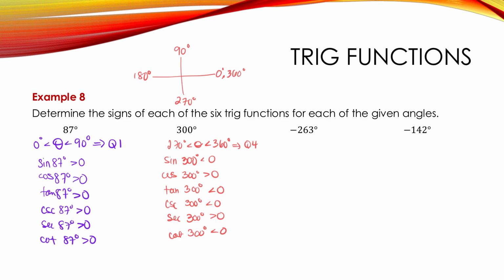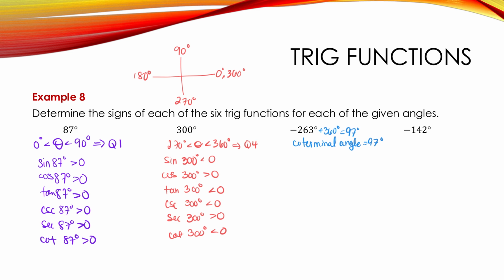But what if I split them up for you, and I now say negative 263 degrees? Well, this is where it helps to find the coterminal angle. Remember, we talked about that before. So for negative 263 degrees, if we added 360 to figure out what our coterminal angle is, we would find that it is 97. So our coterminal angle